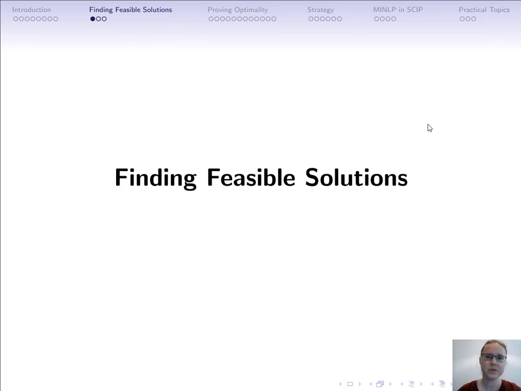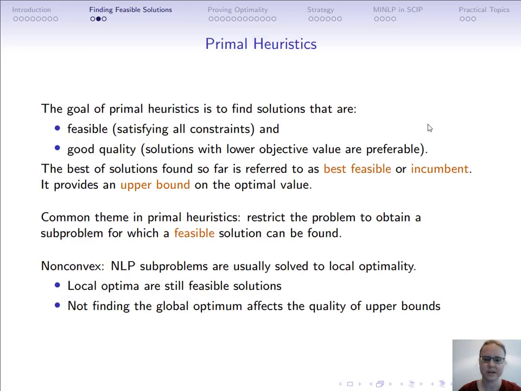Let us have a look in more detail at each of the big tasks that are necessary for solving an MINLP. And the first one is finding feasible solutions. For this, we have algorithms that are referred to as primal heuristics. You have probably already heard about such algorithms in the MILP lectures, but I will repeat some of the most important definitions. First of all, the goal of primal heuristics is to find solutions that are first feasible, that is,